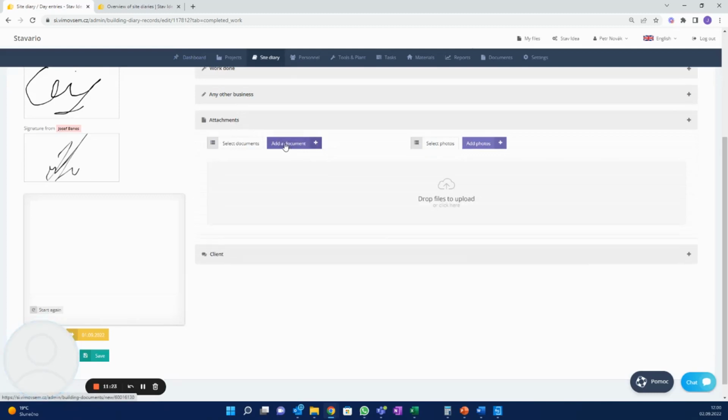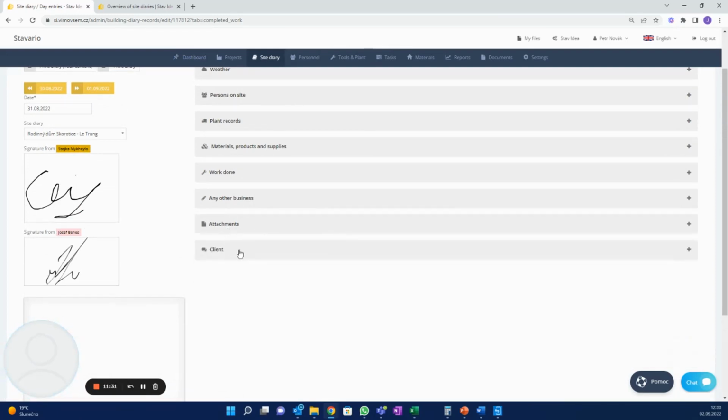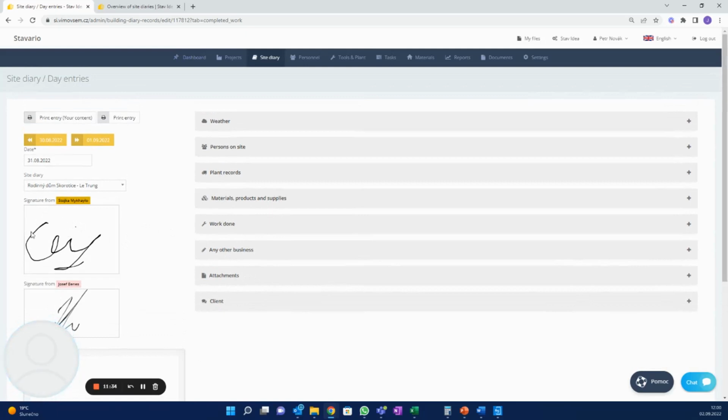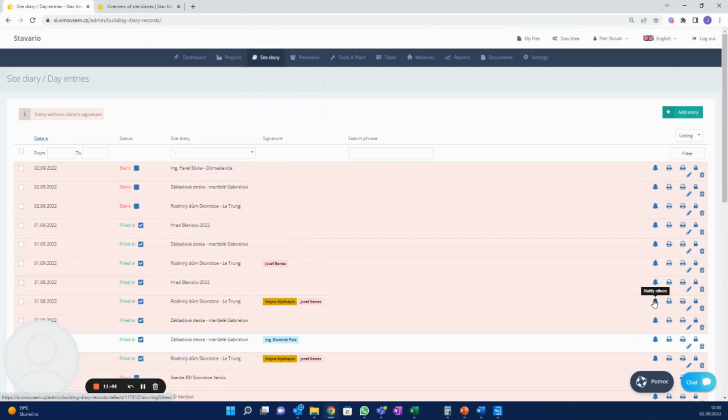Any attachments that you want to have, right? If a document came that day or any pictures you want to add to that exact daily log, you can do it here, right? Then you as a site manager will just sign it in here and go back to the daily log. And you can send here a notification, notify others. That means that you will send a notification to the client that something has been done and that he needs